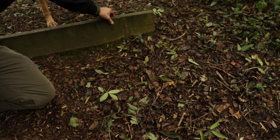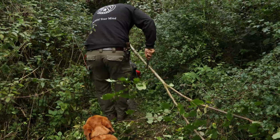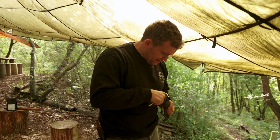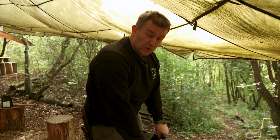Well, that's an accident waiting to happen. So today it looks like we're making tent pegs. I'm usually carrying a mixture. I've got steel and aluminium here, but if you're anything like me,